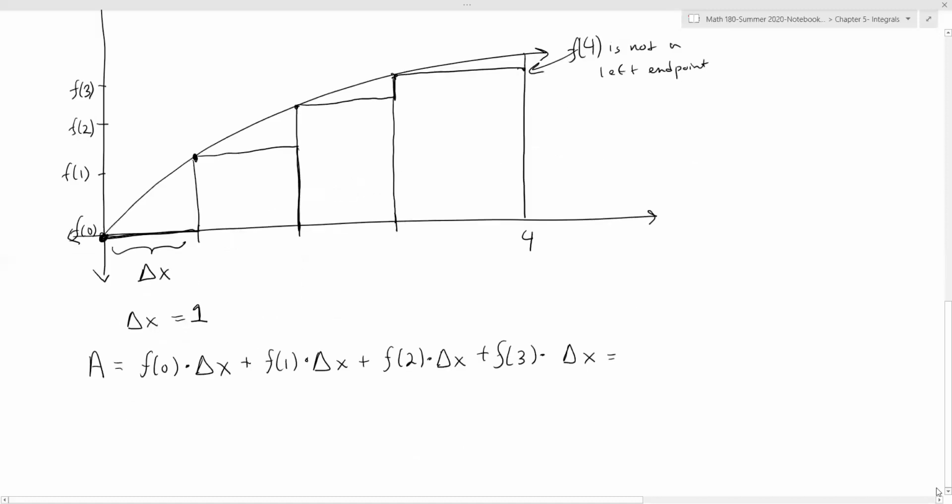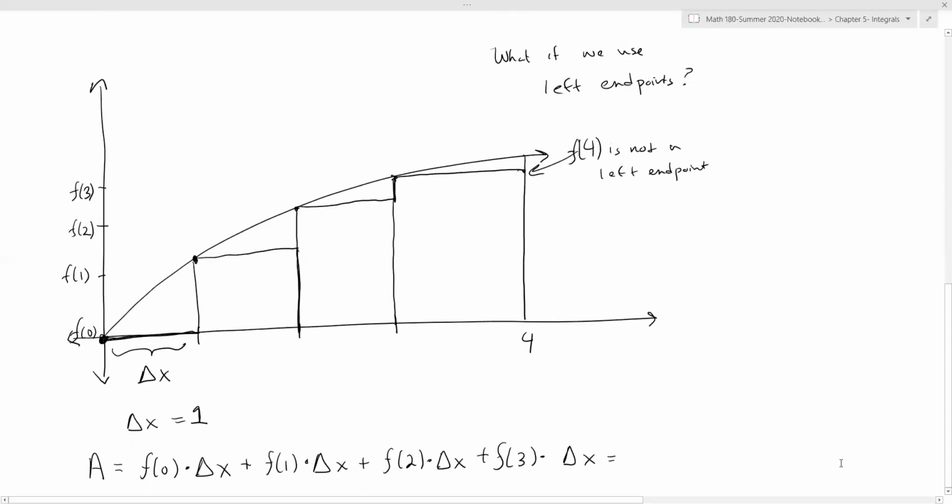And so once again, we're just going to plug in these values for f of x. So this is going to end up being 0 times 1 plus 1 times 1 plus square root of 2 times 1 plus the square root of 3 times 1, okay? And that ends up equaling